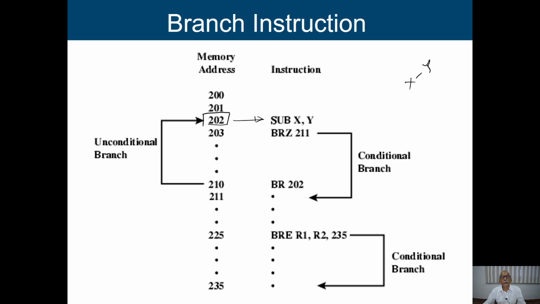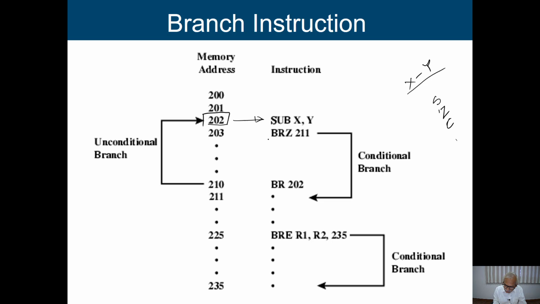When I am going to perform this operation, depending on the result of the operation, it is going to set or reset those particular flag bits, because the values of the flag bits depend on this particular operation of the ALU. So I am performing x minus y. Depending on the value, we are going to set those particular flag bits. We have, say, the sign bit, then the 0 bit, the carry bit, and some other flag bits.